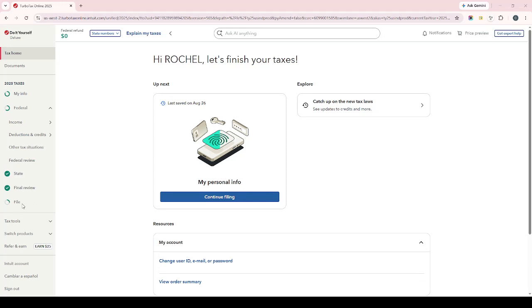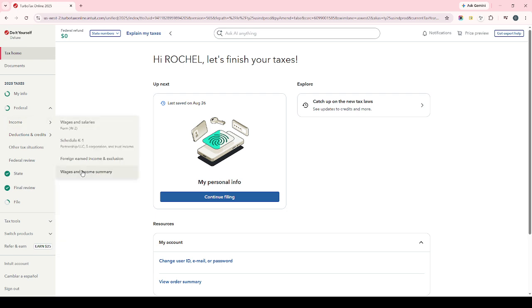In today's video, I'm going to teach you how to enter investment sale information in TurboTax. If you need to report the sale of an investment, such as stock or another capital asset, the process is usually quick once you know where to go and what information to enter. In this walkthrough, I'll show you the basic path inside TurboTax and explain what each amount means so you can